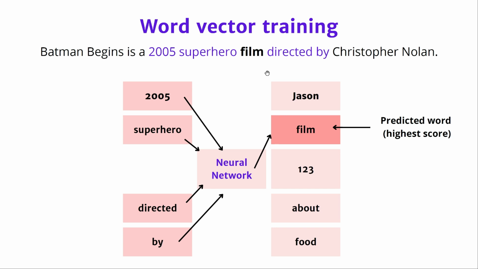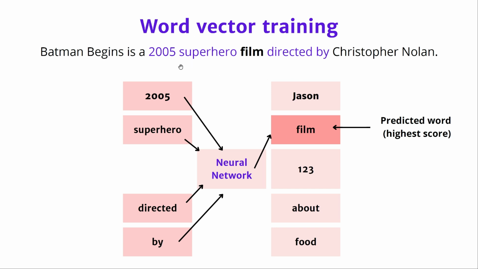There are several ways to train, where you can give the context words and try to predict the missing word or central word, or you can do the reverse as well. There are several ways to train word vector algorithms, but I'm just giving you a very simple example. So at the end of the day, you will take these 5-word contexts from the whole corpus. If the corpus has, let's say, 100,000 movies or 10,000 movies, then you collect such sentences and you train the algorithm.